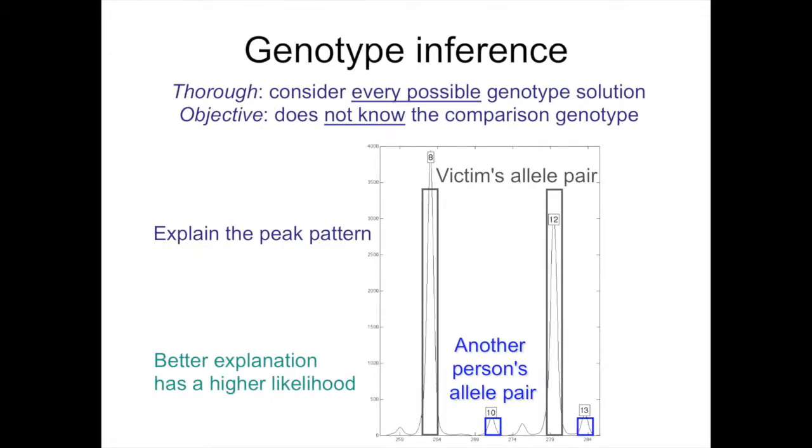The genotype inference is more interesting. What's happening is that patterns are being generated that add together the genotypes, which is what I'm showing here. There's a lot shown in the gray from the victim, down at the bottom. There's another person's allele pair. What the computer does is it moves those pairs all around and tries out lots of possibilities, and using actually